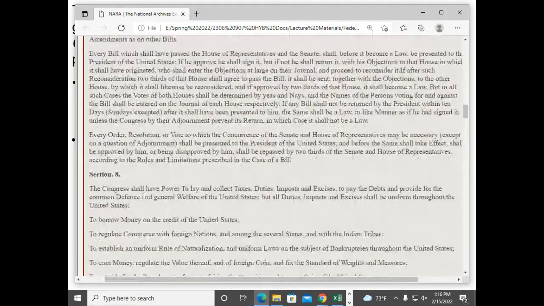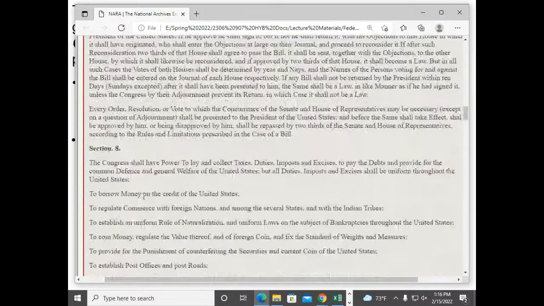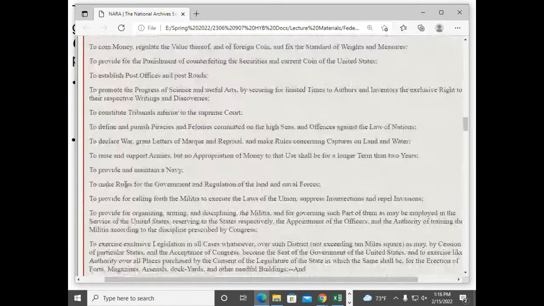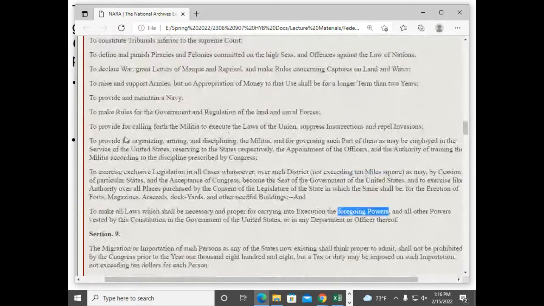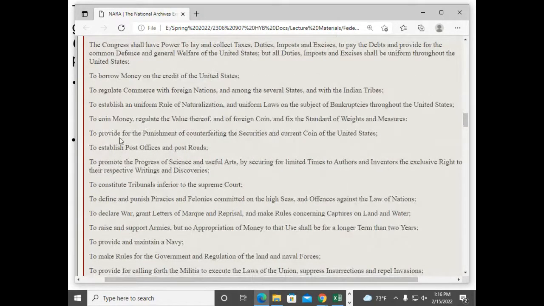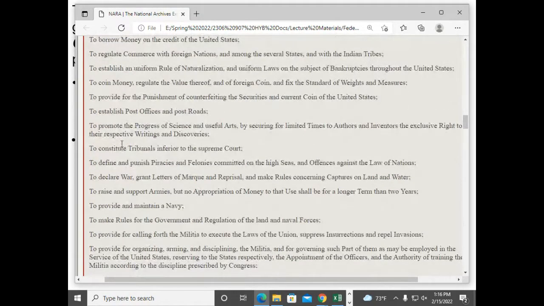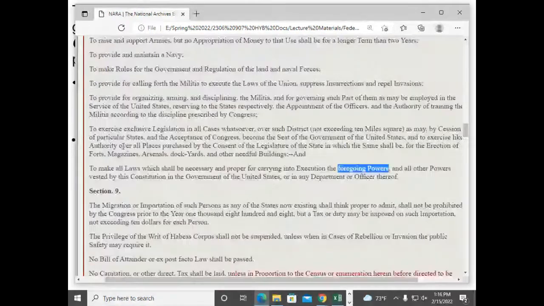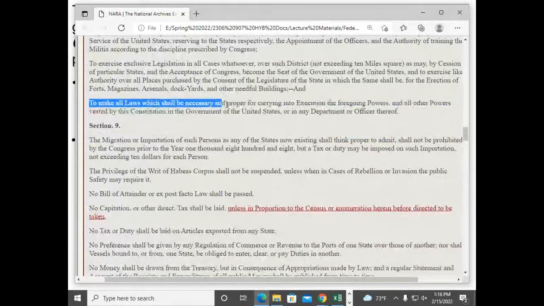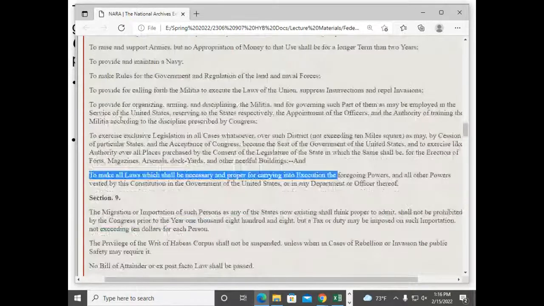Gary, I know you got it, right? What are the foregoing powers? All of the powers that are listed here in Section 8 preceding that clause, right? The first 17 clauses. So it includes things like the power to borrow money on the credit of the United States, the power to regulate commerce among the several states, the power to raise and support armies and navies, etc. Those are all the foregoing powers. So you understand what this says? It says that Congress shall have the power to make all laws which shall be necessary and proper for carrying into execution the powers that are listed in these previous 17 clauses.